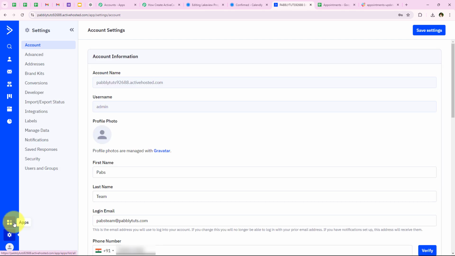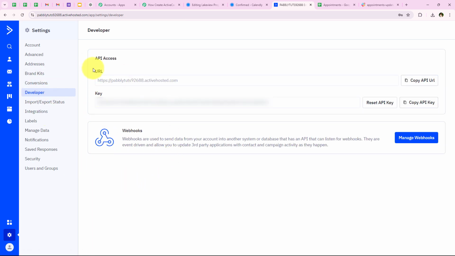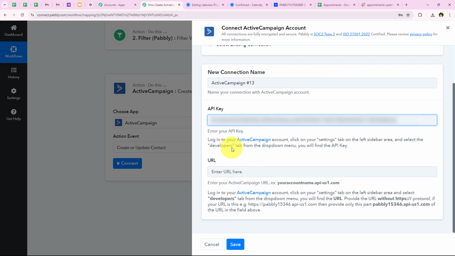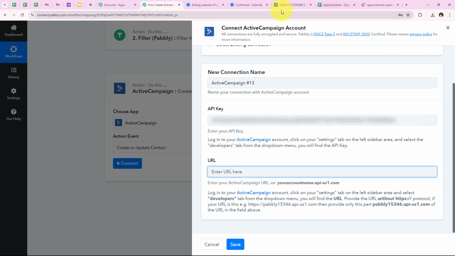And now after opening settings, we are going to go on developer, and as soon as we go on developer, right from here you can see the URL and the key. So we are going to copy both of these right from here, the key and the URL, and then we are going to paste it right over here in our workflow. We are going to do the same for the URL also, and yes, you can see that we have successfully pasted